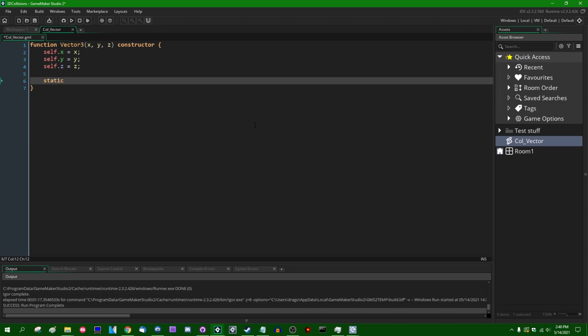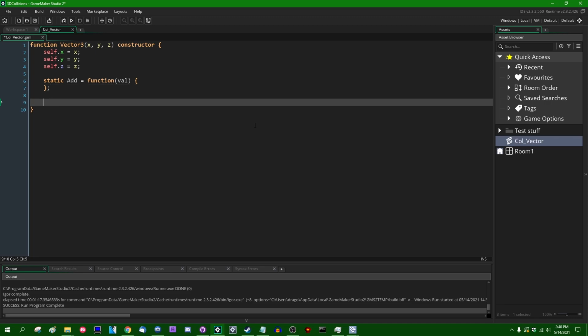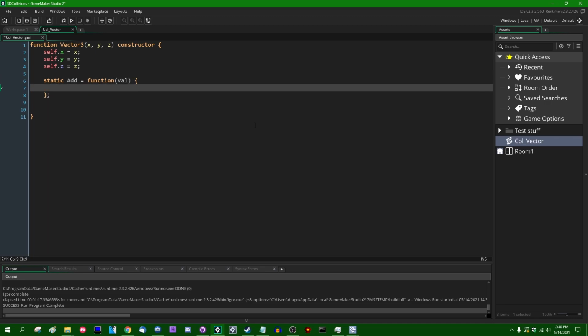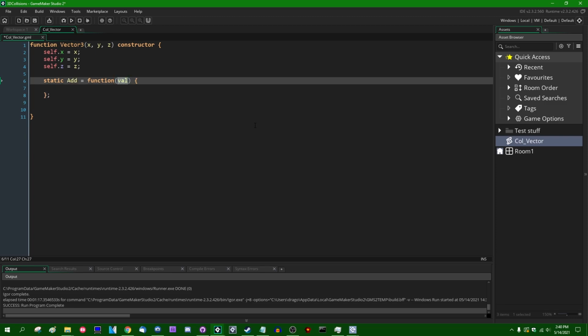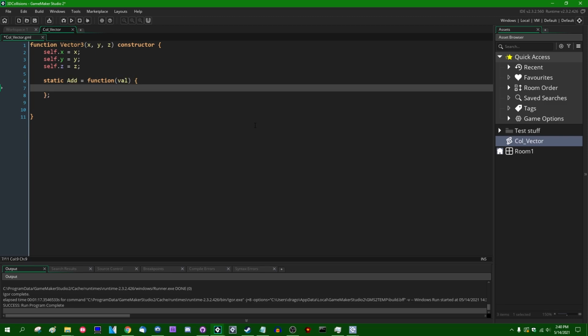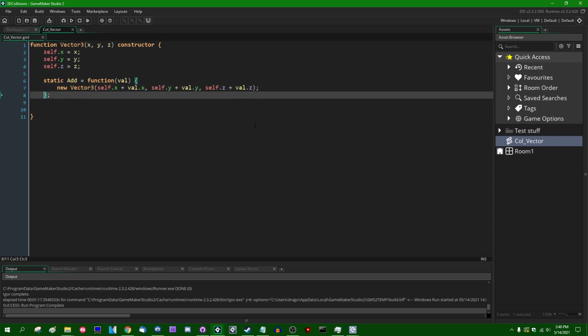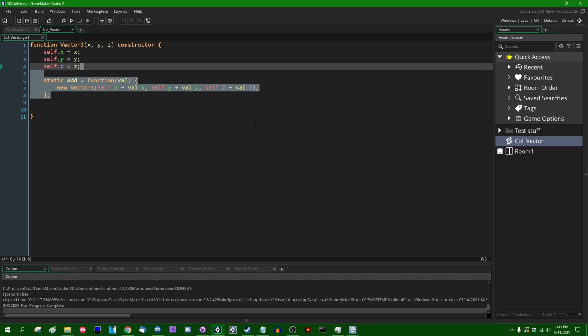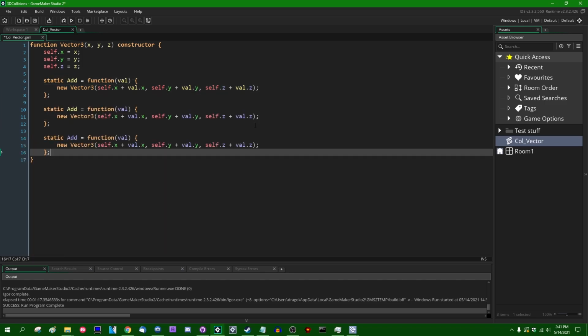I will be creating some methods. Add, and I guess I'll just start with this one. Add is going to take an input, and it is going to add it to the current vector3. So it will return a new vector3 with the components being self.x plus val.x, self.y plus val.y, self.z plus val.z. Each one of these functions is not going to change the state of the vector3 itself, but it is instead going to return a new value. Some of those new values may be vectors themselves. Some of them may be